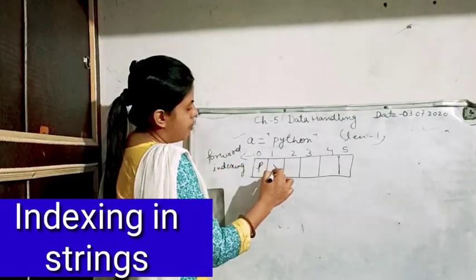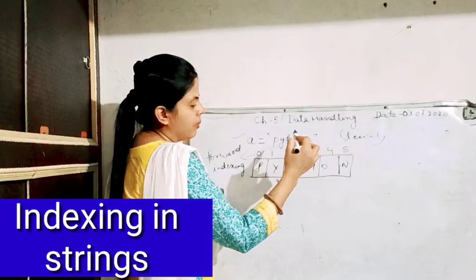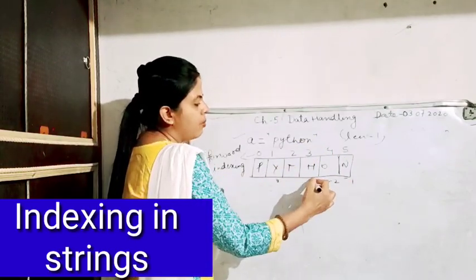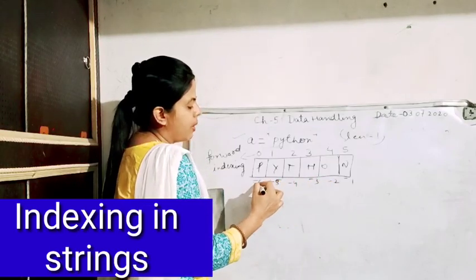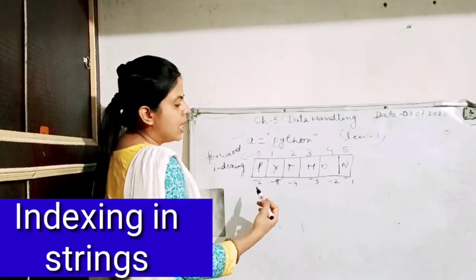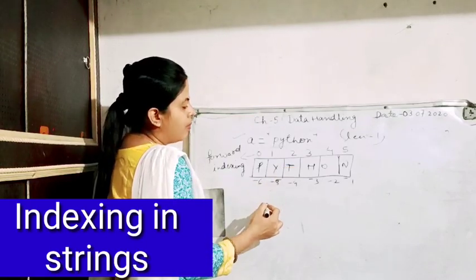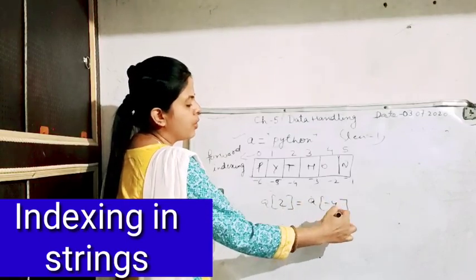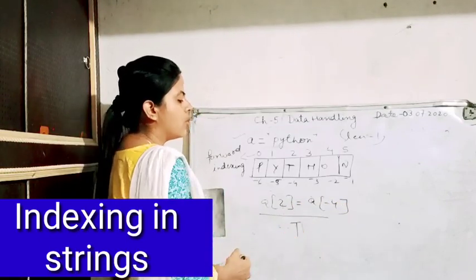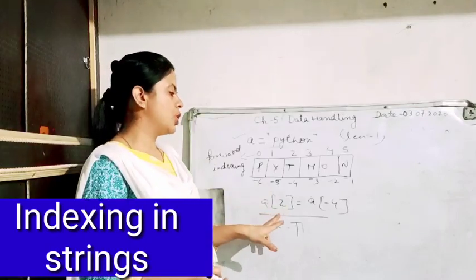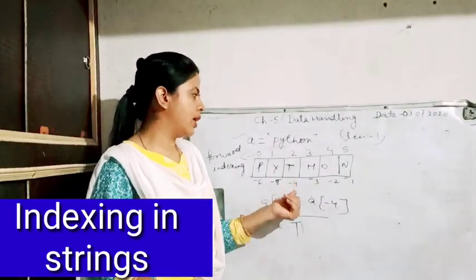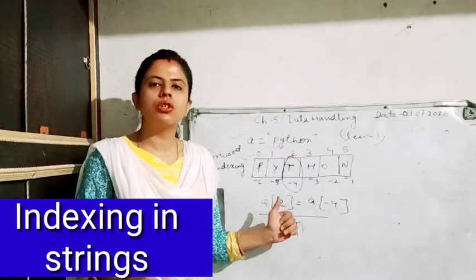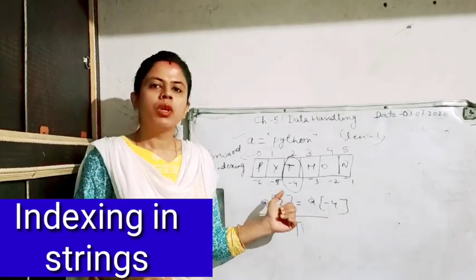So I will write here Python. Now Python also uses backward indexing, as we know. So I will start here from -1, -2, -3, -4, -5 and -6. So the position which is containing the letter T can be both second position or -4 position. So both will give you the answer T only. If you print A at position 2 and A at position -4, you are going to get the same answer. So this is how the indexing works in Python for storing any kind of string.